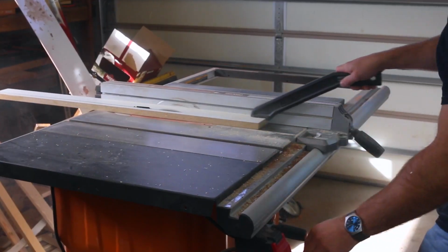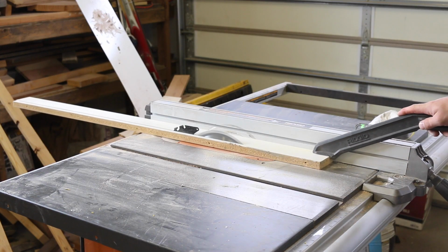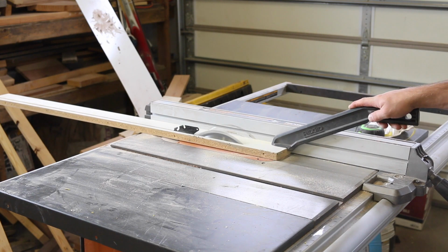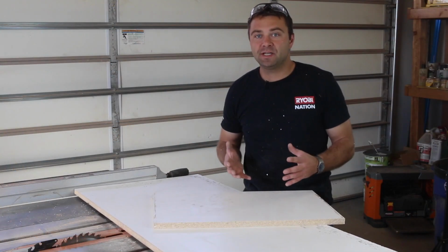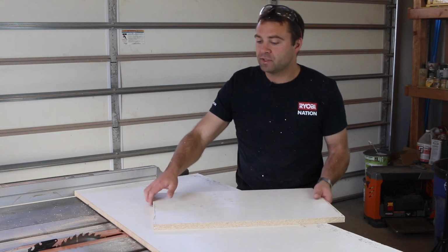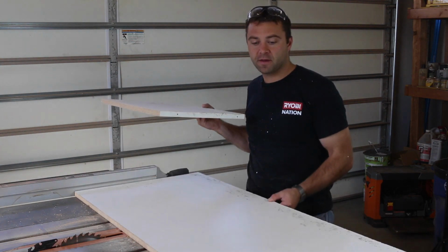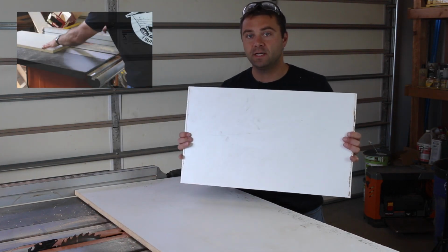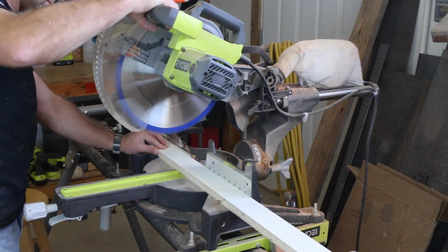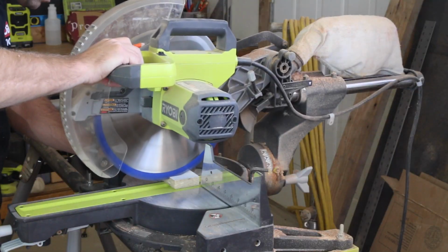The first step is to cut the side strips for the mold out of melamine. Cut each strip to 2 1/4 inches in width for a 1.5 inch thick concrete table. The next step is to cut the base piece for the mold down to size. We started out with a 2 foot by 4 foot sheet of 3/4 inch thick melamine and cut ours down to 24 inches by 14 inches. Then cut the ends of the side strips down to size for the mold according to the measurements in the plans at